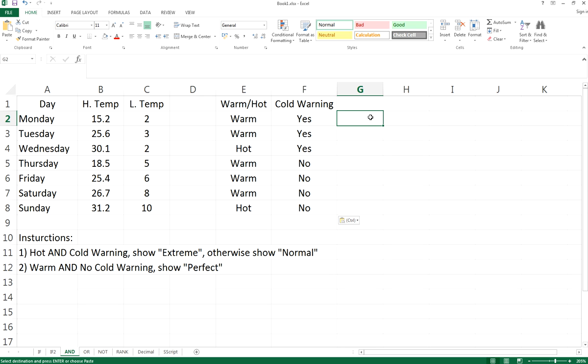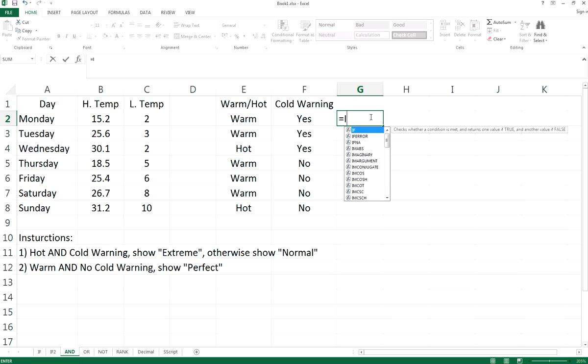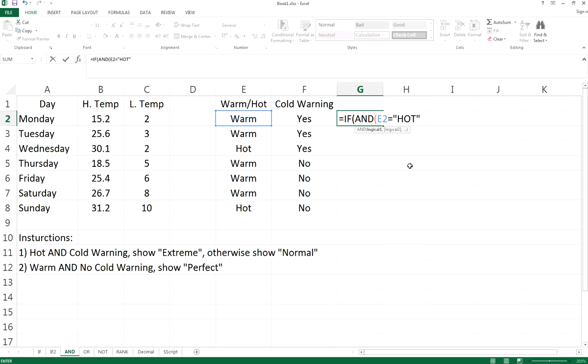All right, so let's do it by using IF and the AND function. In the IF logical test, we need to fulfill both requirements of hot and yes for cold warning. So we need to use AND right here. The first logical condition will be: if E2 equal to hot, and F2 equal to yes,